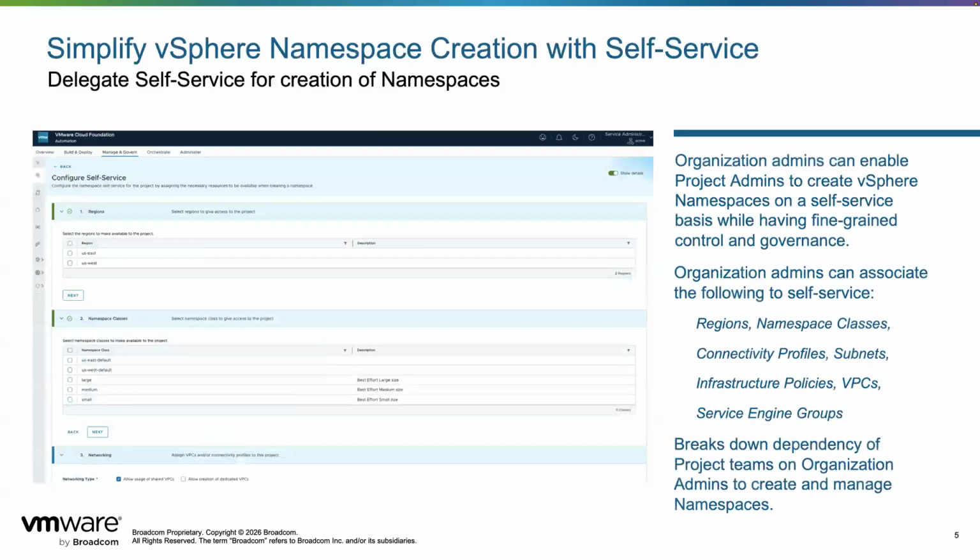Okay. And then the next feature is, like I mentioned earlier, some of the namespace enhancements that we've been doing in the product. One of them is being able to self-service namespaces for various users within the organization. So now project admins, which could be your line of business admin or your project team lead or an app team lead, can go in and create namespaces on the fly using self-service. Essentially, the organization admin will go in and create a template that will say,